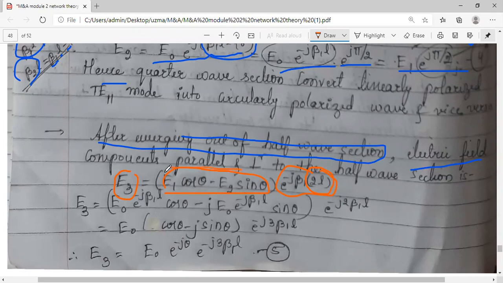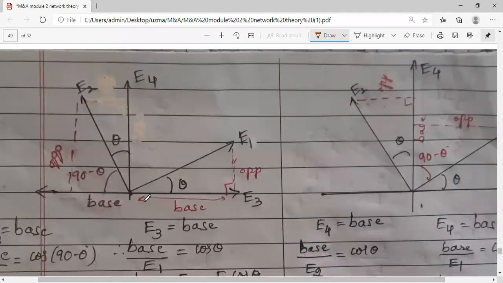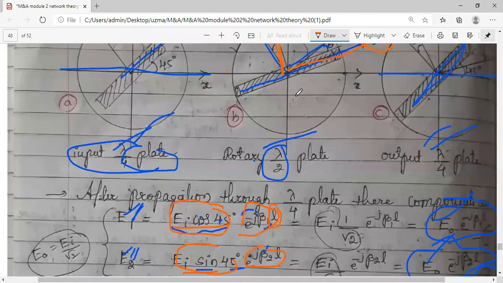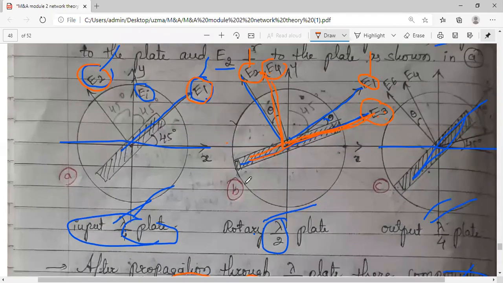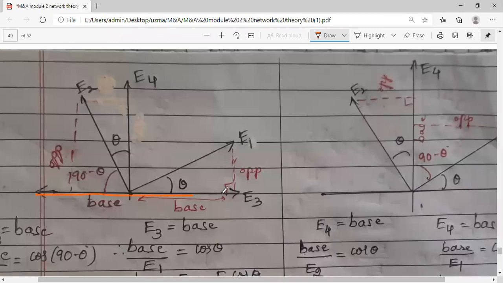Now coming to this part, how I have got this? For that I have drawn the structure here. Same figure, the figure I have drawn with that circle, this figure is resembling it. The only difference is that the horizontal E3, I have drawn completely parallel, just for your understanding. Okay, this analysis is not available in your books. So I have done this.